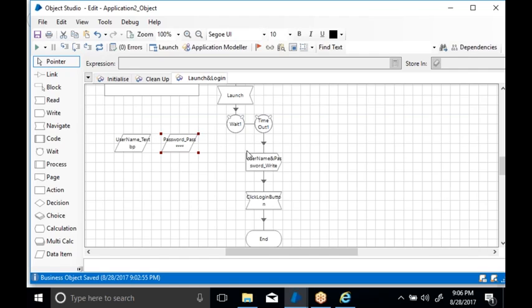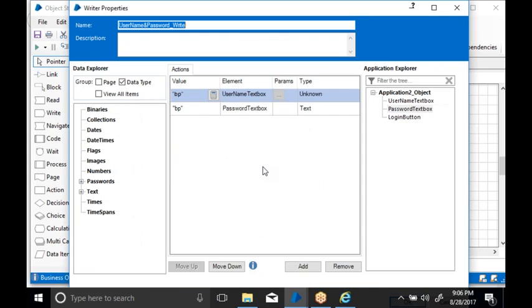Now how will I use them inside my write stage? If you go here, you can see one side the data items, and the other side the elements. The main thing required in the write stage is the data and the element. The element is where you want to pass the data. The data is the data items, and the elements are here.